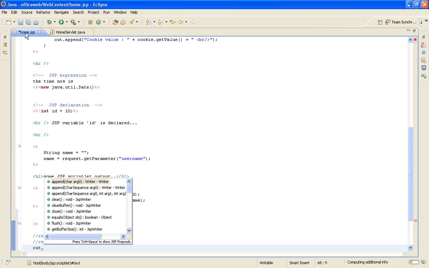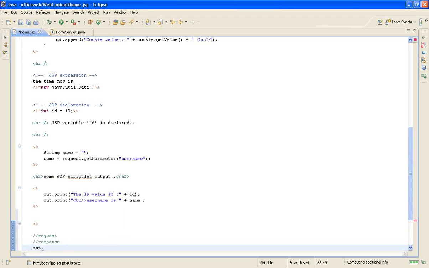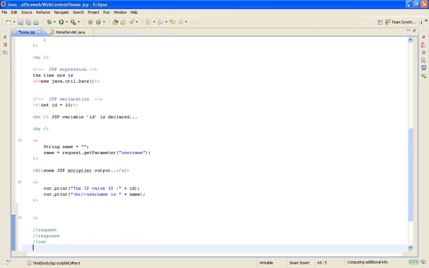See, in the servlet you need to explicitly get it, response.getWriter. In case of JSP, the writer is pretty much available. You can say out.print. Look at this. I am doing out.print because that out writer object is available by default.